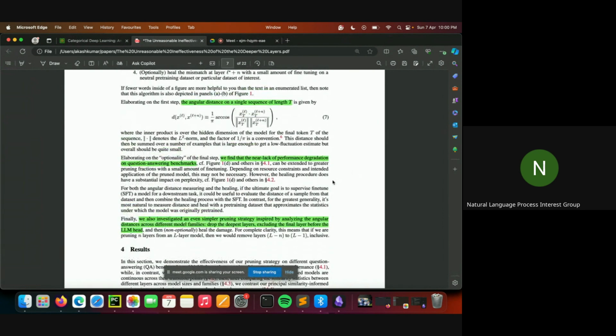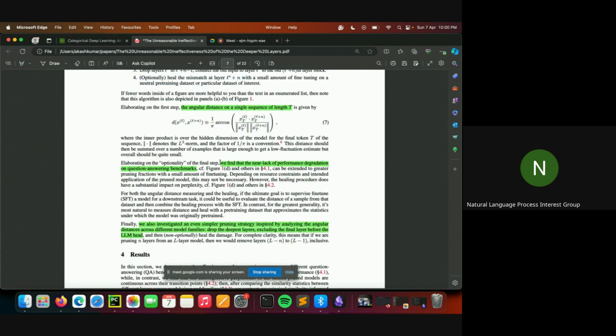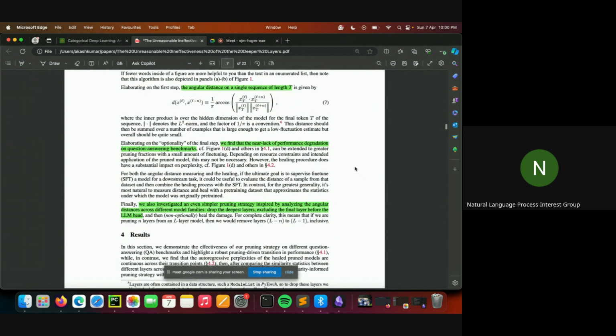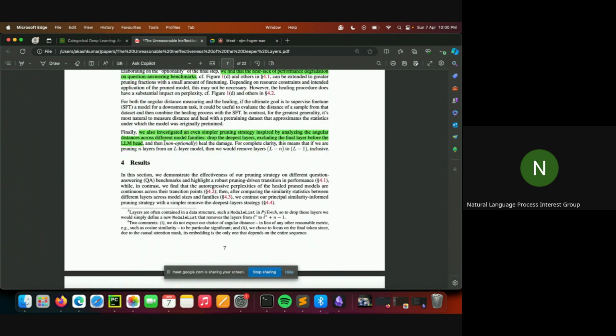And once they have decided which layers they have to remove, they optionally heal the mismatch at layer L plus 1 with a small amount of fine tuning. And they also find that even if they don't fine tune, on some of the QA benchmarks there is no degradation in performance whatsoever. And they also tested different pruning strategies, very straightforward ones, like let's say just drop the